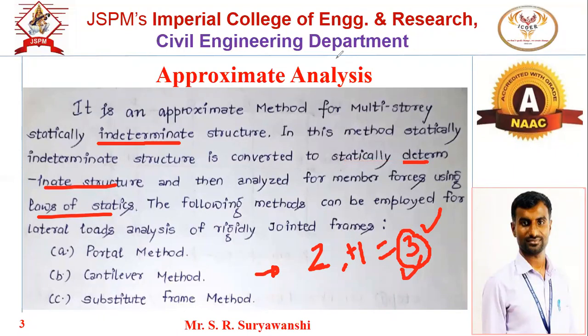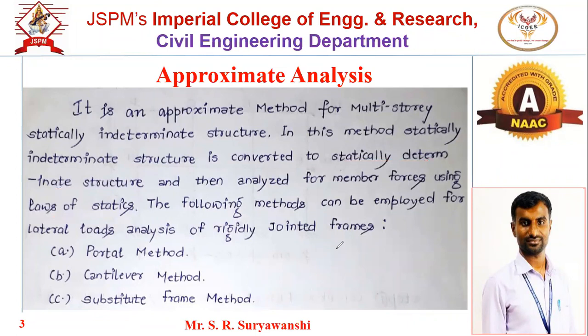That will be summation Fx equal to 0, summation Fy equal to 0, and summation of moment equal to 0. That's it. This is the core funda of this approximate analysis method. So given structure will have definitely DSI greater than 3. By making certain assumptions, we have to convert that structure into statically determinate. Now we know that for statically determinate structure, maximum unknowns are less than or equal to 3, which can be solved using available 3 conditions: summation Fx, summation Fy, and